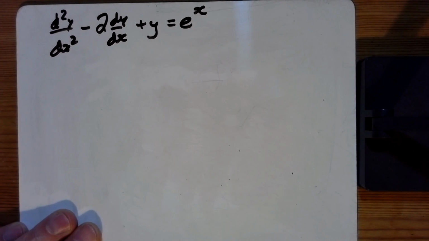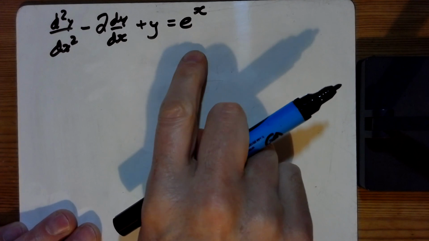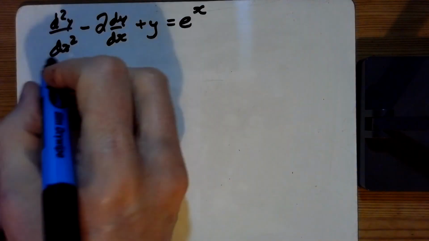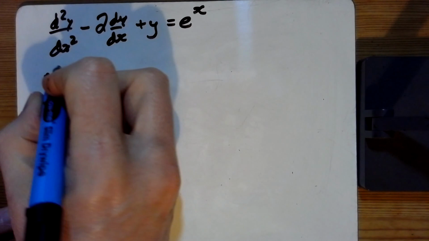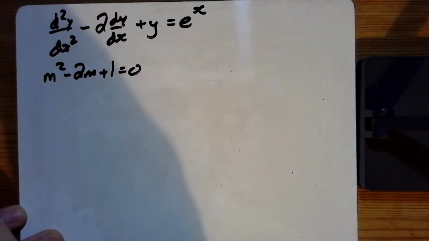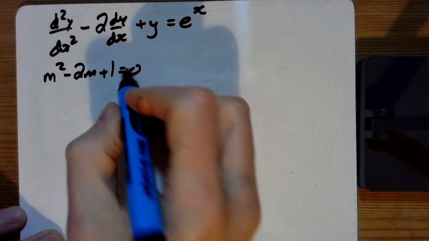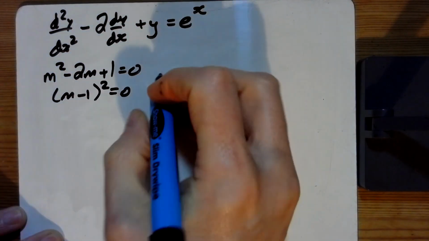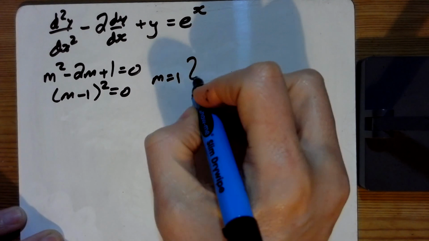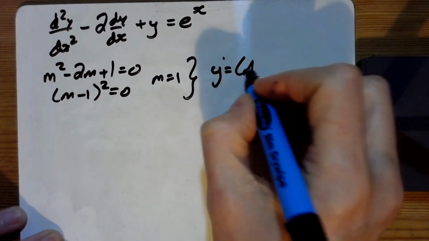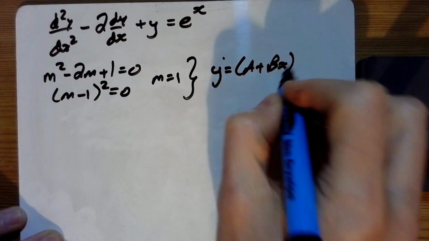Question 5, continuing from 3 and 4, where we're going to have a problem finding the particular integral. We'll find out why by looking at the left-hand side. So with our complementary function here and the auxiliary equation giving us m minus 1 squared equals 0, and so m is equal to 1, which tells us that the format we're going to have is (a plus bx) e